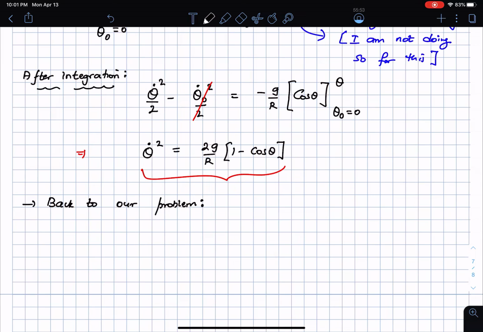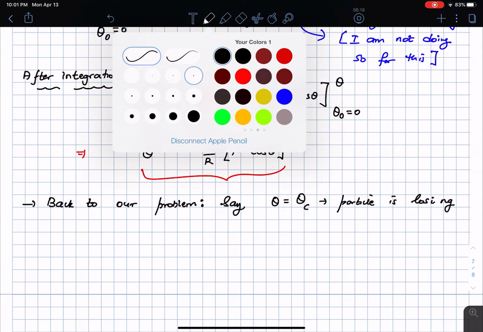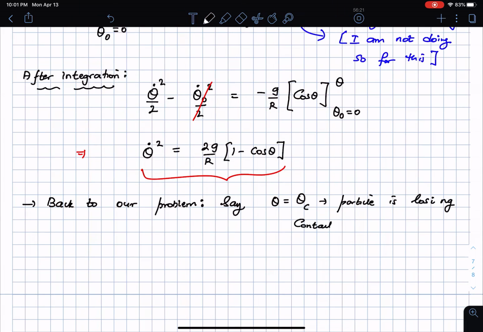So let us say that at theta equal to theta critical, the particle is losing contact. Which means that at theta equal to theta critical, the normal force is equal to 0, which means